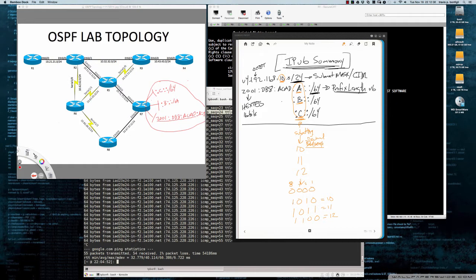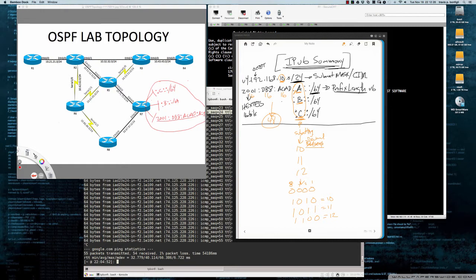We add up the additional bits that match. So we've got 16 here, plus 16 here, plus 16 here. So right out of the gate, we've got 48 bits that match. Now, one of the things that sometimes trips students up is one of the rules that we use in order